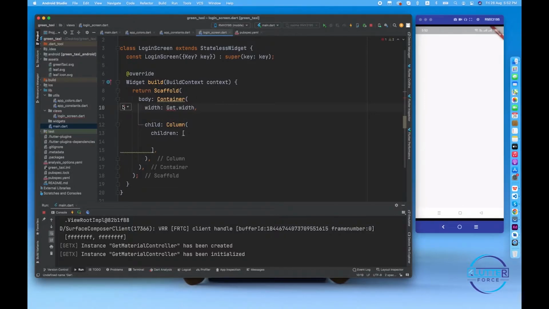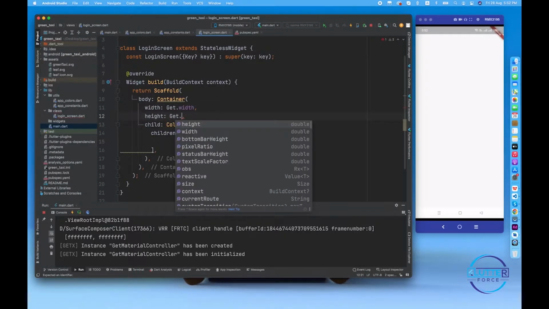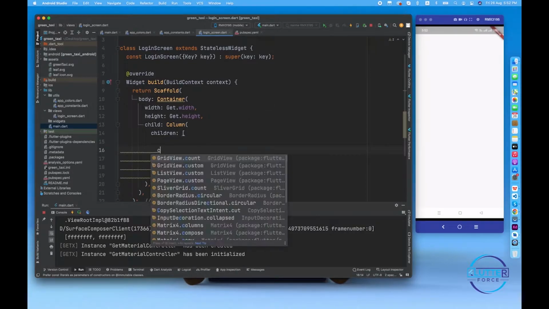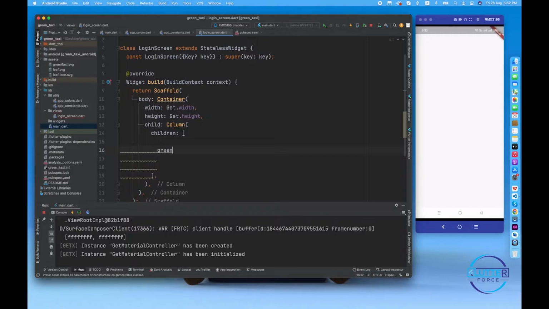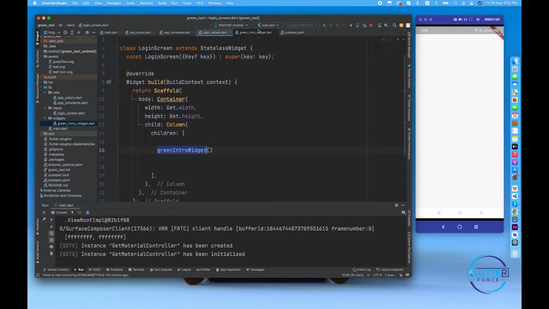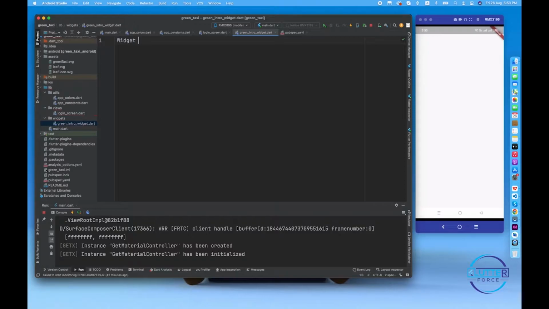and for this we have to import get. Also we have to give this container a height of the screen, right? After doing this we have to create a widget. We have to call it GreenIntroWidget. So this is the widget that I'm going to create inside the widget folder. Let's create a dart file, green_intro_widget, and make sure that the widget name is exactly the same over here. I'm going to call it widget,